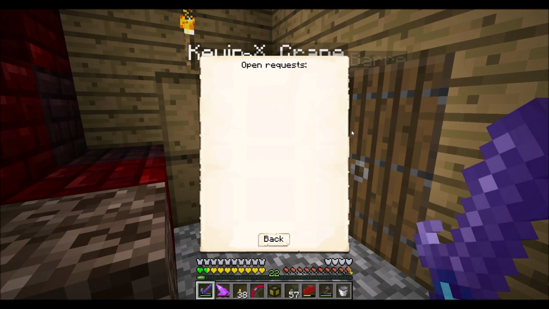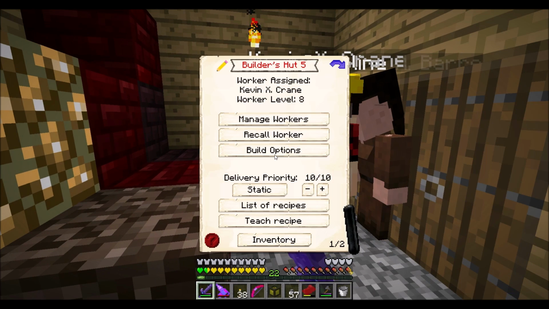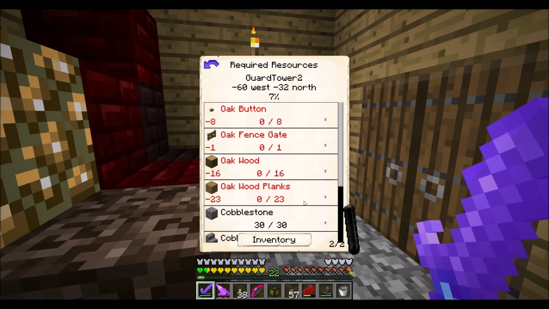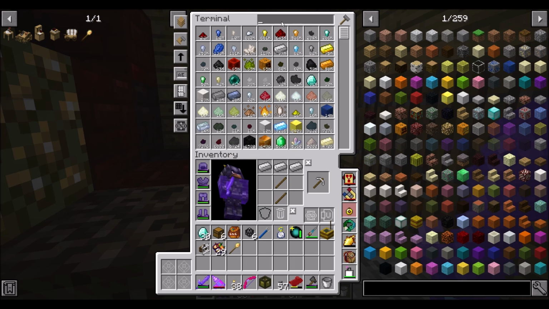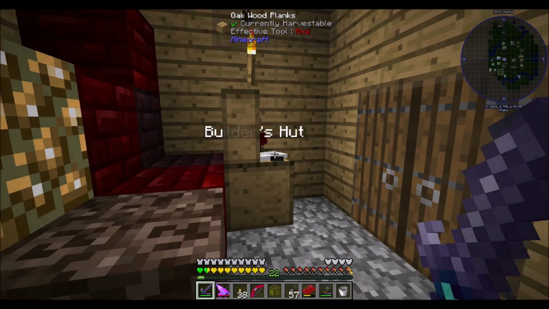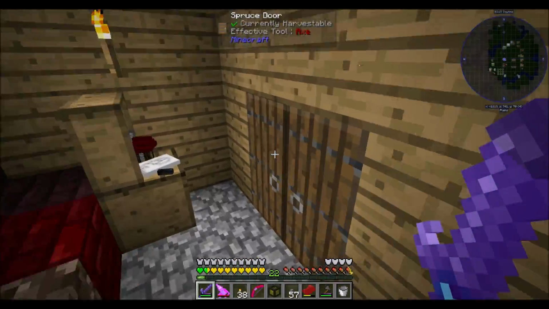So I noticed when he has a request, the problem with him is he only requests one set of items at a time. Notice how, if we look here, there's a lot of things he doesn't have. He needs an oak button, fence gate, and some wood. I should get him an oak button, because I'm pretty sure we don't have any of those. Alright, I'll just put you in there. Right? But I've noticed he'll